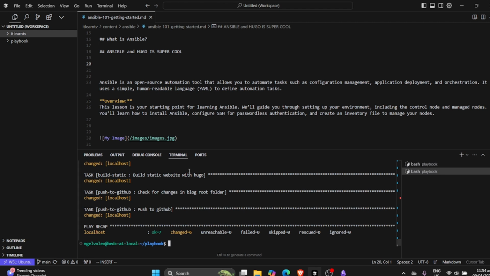Okay, and for us to start, this is how my playbook looks like right now. So actually, I already ran it and tested it, and it did work. Before we proceed, you can also first create your Hugo server, okay? And we're going to go back here, okay? And I'll show you how also